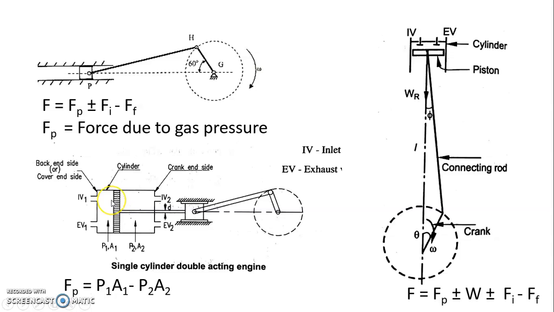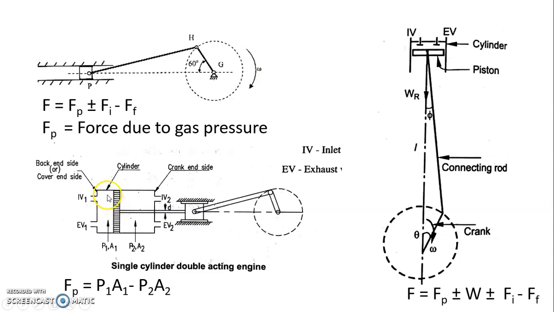Here the general equation for the net force is the same, that is Fp plus or minus Fi minus Ff. The Fp is found using this expression, that is P1A1 minus P2A2,